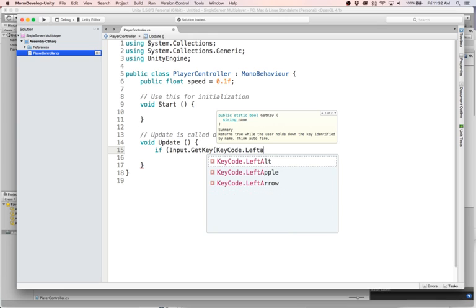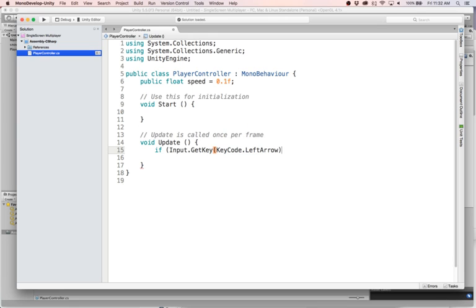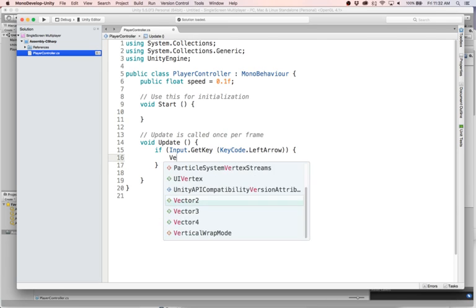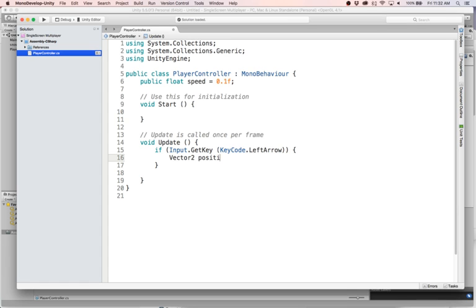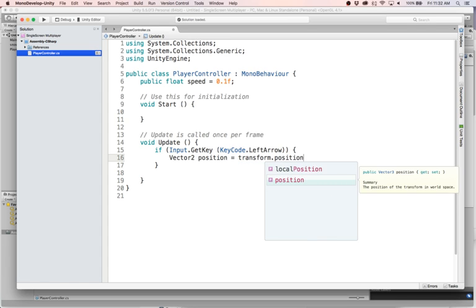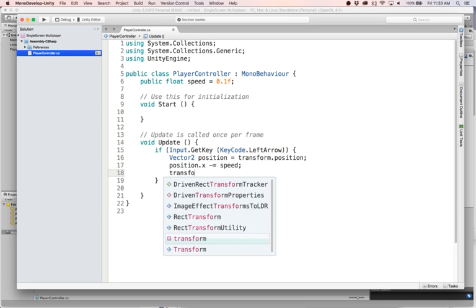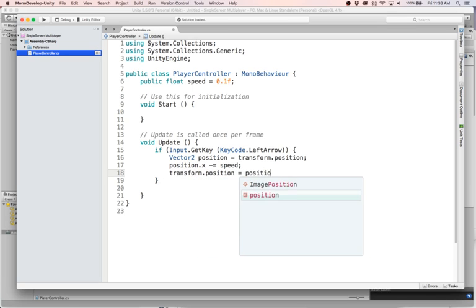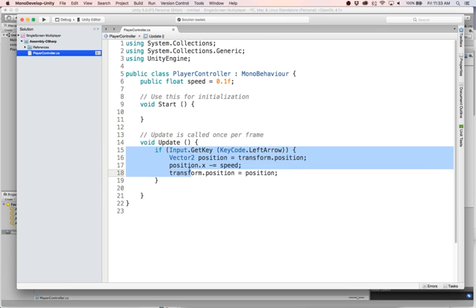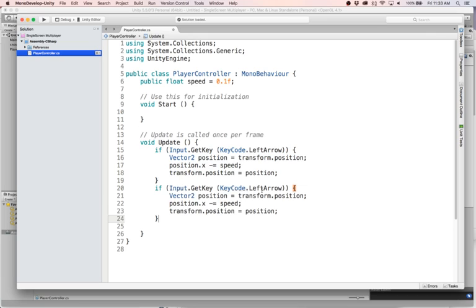KeyCode.LeftArrow, like this. Then we would say something like Vector2 position equals transform.position, and then position.x minus equals speed, and then transform.position equals position. All right, and then we'll copy and paste this a little bit with the right arrow, and we will add our speed. So again, we've done this kind of stuff before. We just get our key, and we're going to update our position based on if we're doing the right arrow